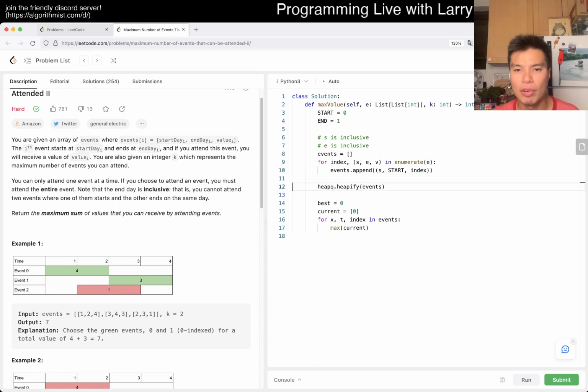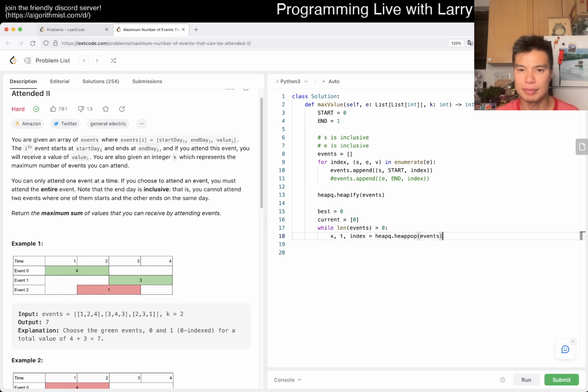So then now, right? Now, okay, we get an event, and now I have to write this a little bit differently, right? Heap pop of events. We have the xt and in. Right, and basically now we're saying, okay, what is the best that we've seen so far? So best we've seen so far is max of the things we've seen so far, and then we have so that we want to queue up